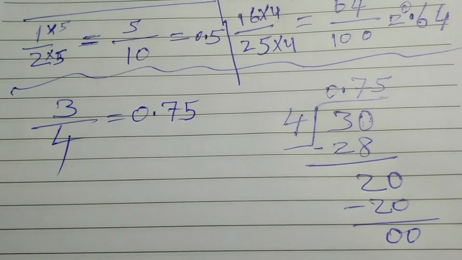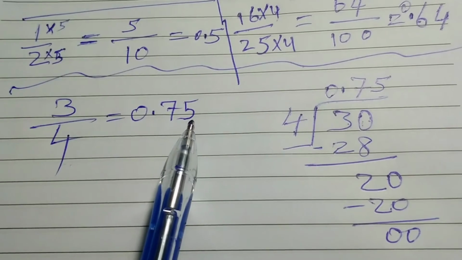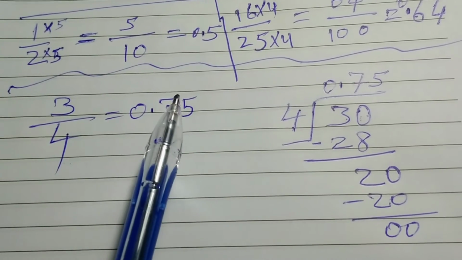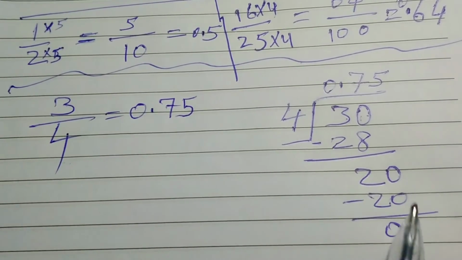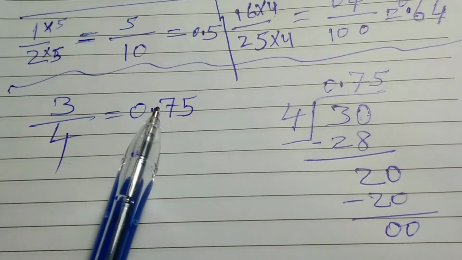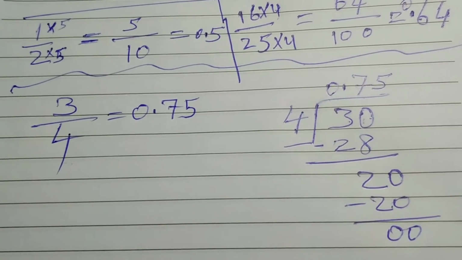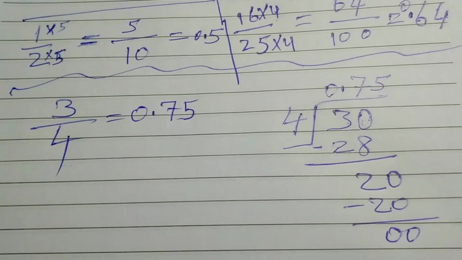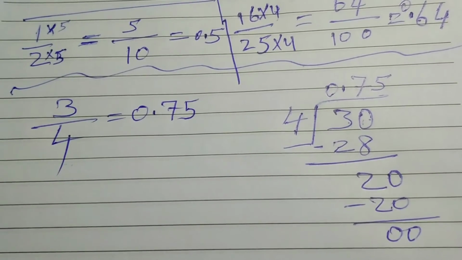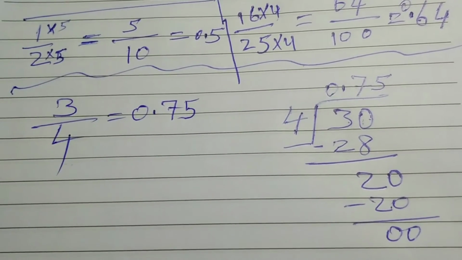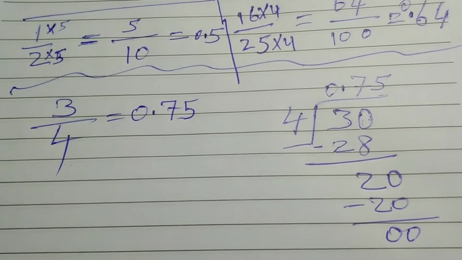So this type of question we call terminating, and in some questions it is not completely divided, the remainder continues, for example, 7, 5, 3, 2, 9 and so on, it doesn't stop. So that is non-terminating. For non-terminating we will use the required answer. Sometimes it is given to write the answer up to 2 decimal places, sometimes up to 3 decimal places, up to 4 decimal places. According to the required answer we will solve.